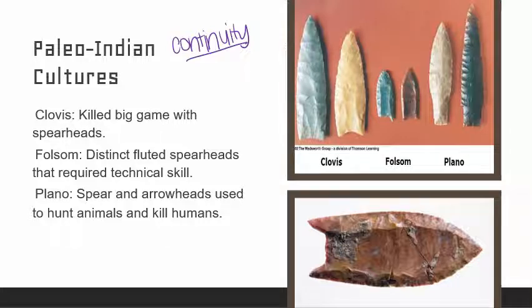Things impact one another, and so we're going to see that in the influence that all of these cultures have with one another. So these Paleo-Indian cultures are located in North America, and we're not going to concern ourselves too terribly much with exactly when they existed. They all were kind of within the BCE time period, which means before the Common Era. You know what I mean? You guys know what that is? It used to just be BC. Now we call it BCE.